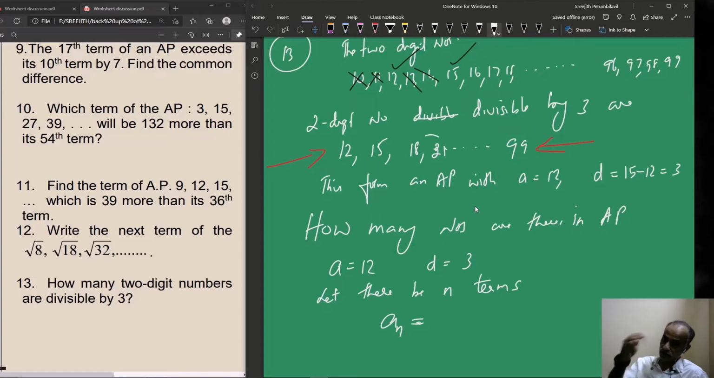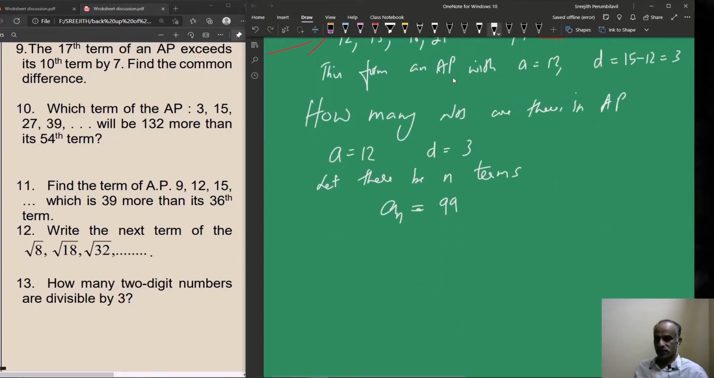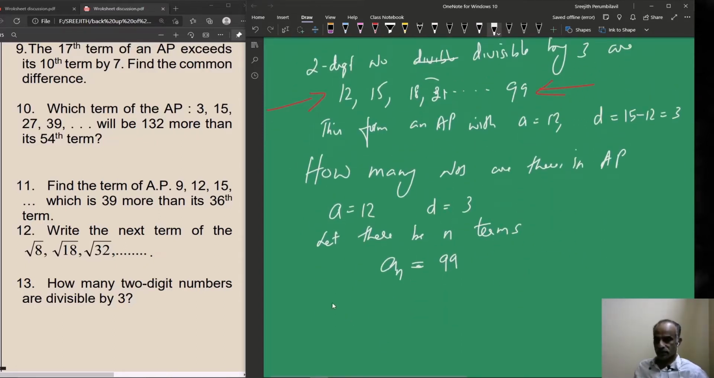We have to find the position. In order to find the position, what do we find? The value of n. So let there be n terms. That means the nth term is 99. A plus n minus 1 into D is equal to 99. That is 3 plus n minus 1 into